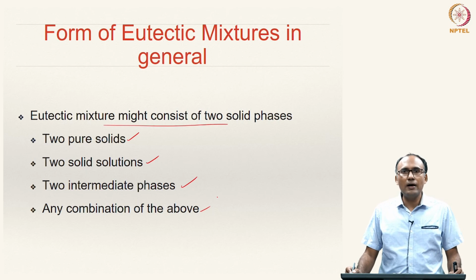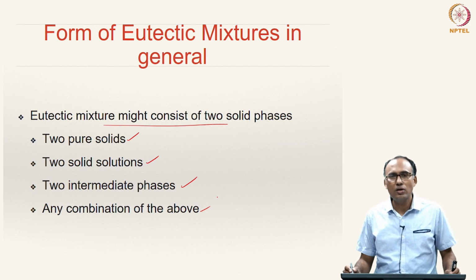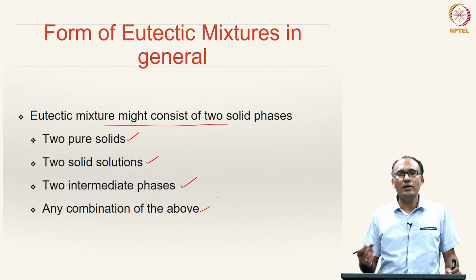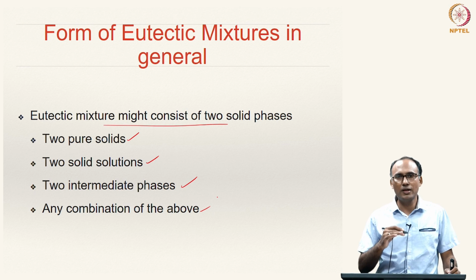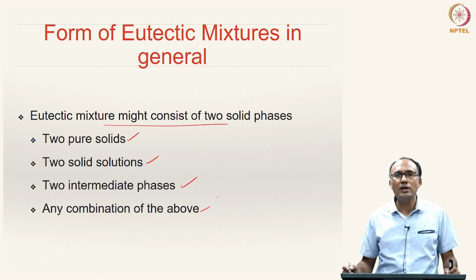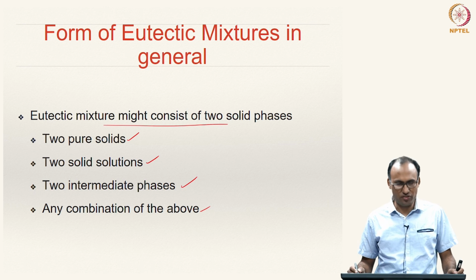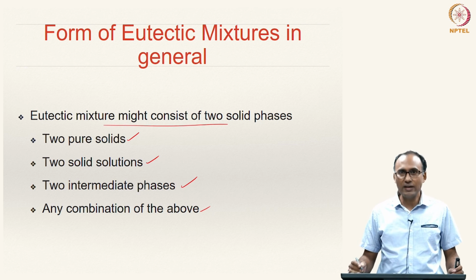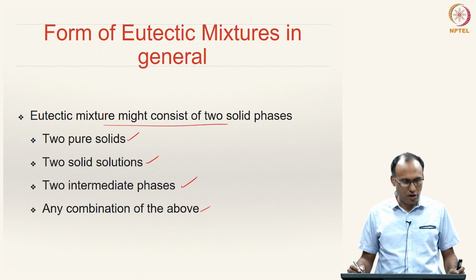Okay, so with that we have looked at the important reaction called the eutectic reaction, which happens at constant temperature, but it is not congruent, because after the transformation, the liquid transforming to two solids, the compositions of the solids and the liquid are not the same, and hence it cannot be called a congruent solidification process. Okay. So, with that we have understood the type 2 alloys, and in the next class we will look at type 3 alloys. Thank you.